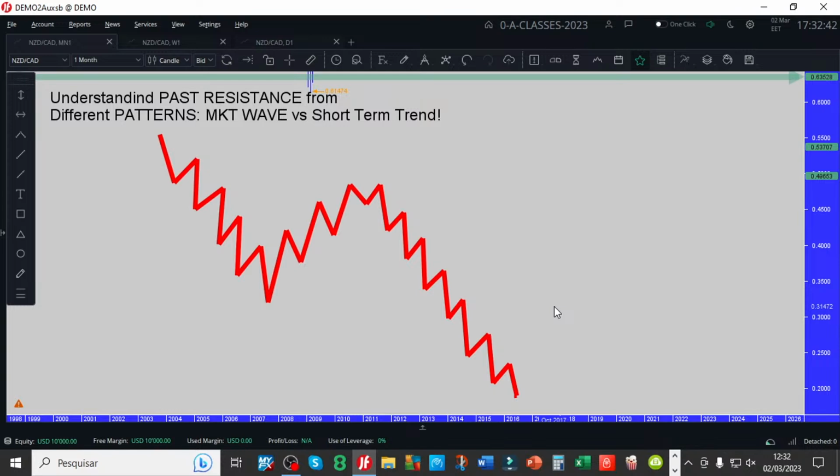Could be there, no? Short-term trend, Julius; market wave, Jordanka; market wave, Lynn; short-term trend. Everybody listen up. Needs to be in context. No? Everybody who says market wave, or it could be either, or it needs to be in the context: this is the short-term trend. Everybody, don't complicate. Listen to what I'm telling you. What you are looking at right now is not the market wave. This is the short-term trend.